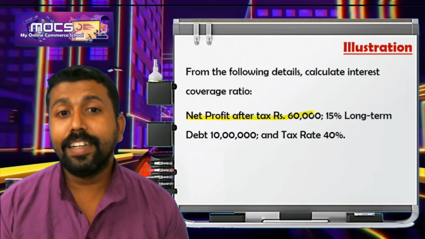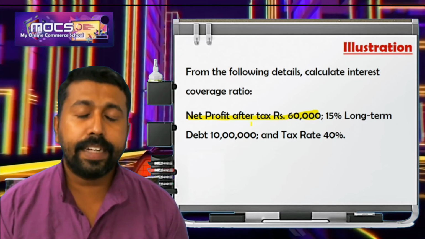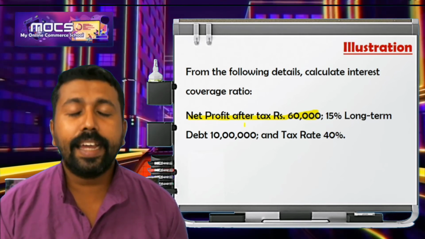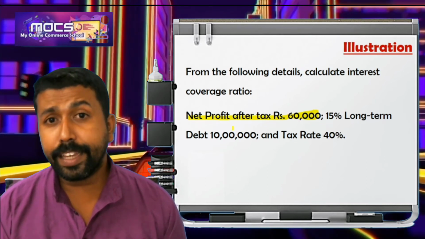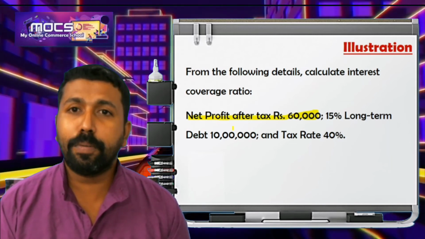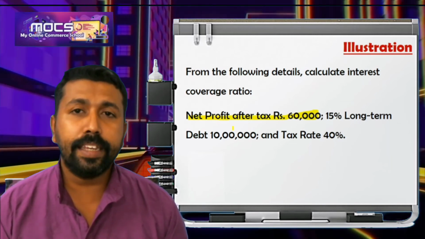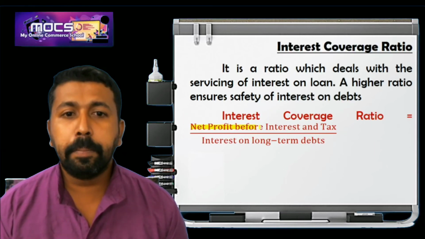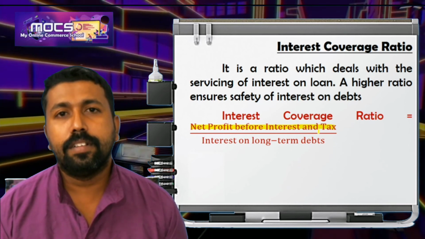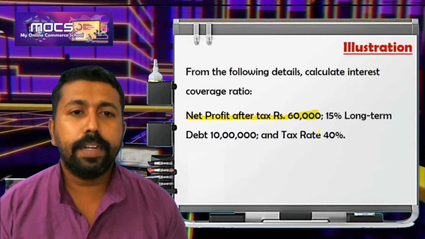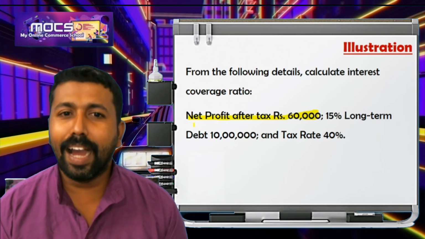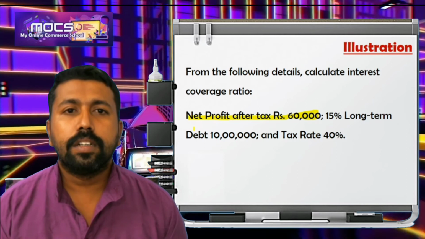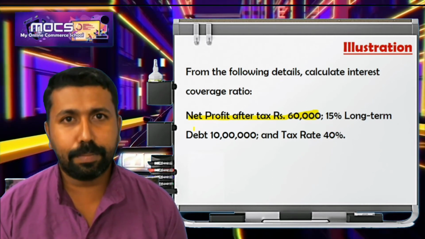The amount given is net profit after tax. After tax means after paying the amount of tax. You know, my dear students, tax is paid at last after meeting all the expenses. From the remaining amount of profit, we are paying tax every year to the government. And actually we need, as per the equation, net profit before interest and tax. But in this question, it is given net profit after tax, rupees 60,000. So we have to think critically how we can solve this problem.